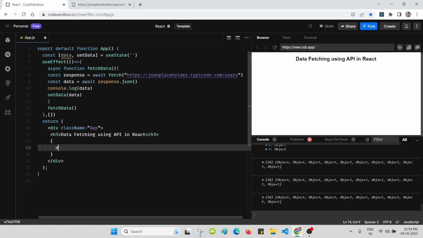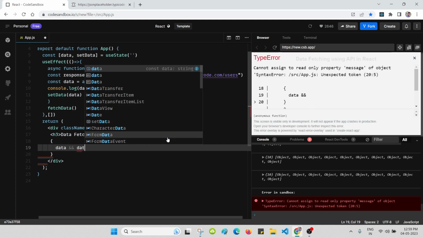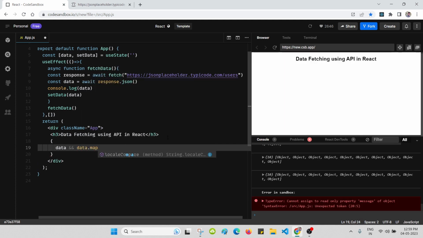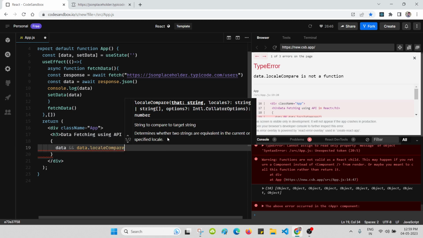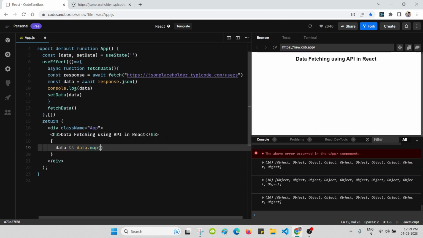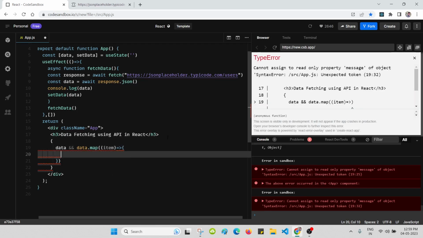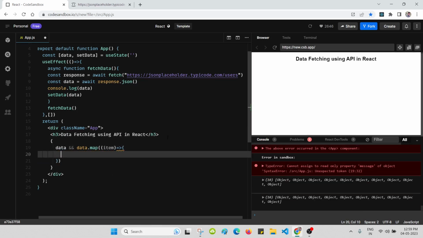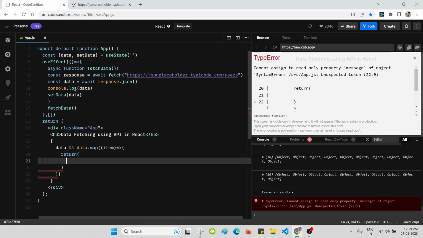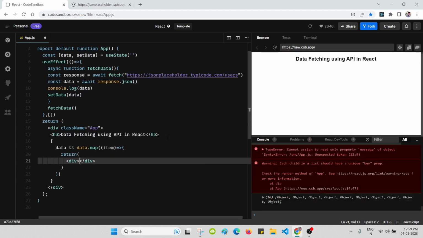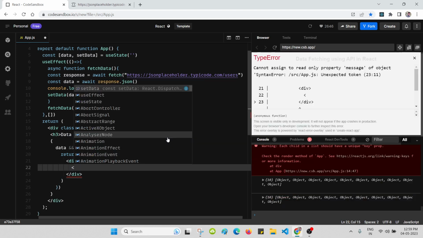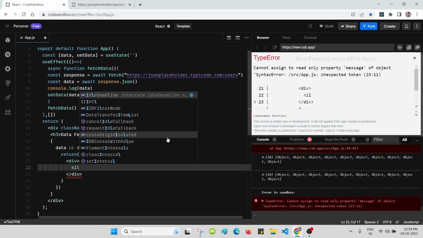curly braces के अंदर हम लिखेंगे data and double logical and data dot map. We will use the map function here, and we pass the arrow function and returns, and we will use div, now li list of item,